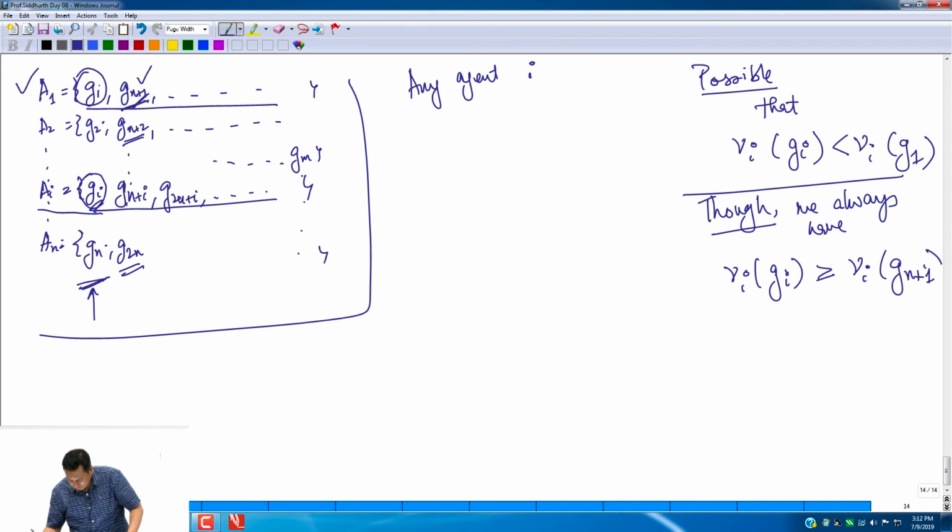So, I'm trying to compare I and looking at an agent. For now I'm fixing 1, but you can repeat it for any agent whose index is smaller than I. But this will never happen because again it's a trivial selection rule. When I was about to select, why didn't it select Gn plus 1? Okay, but that's it. The picture is that this is of value more than this, will be of value more than